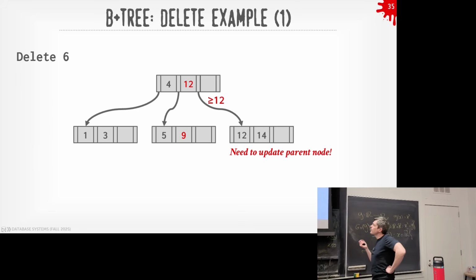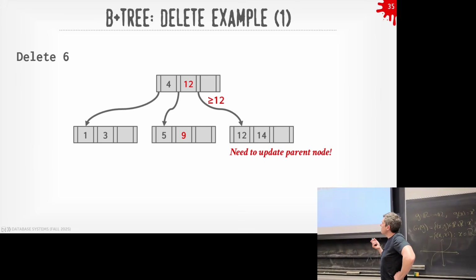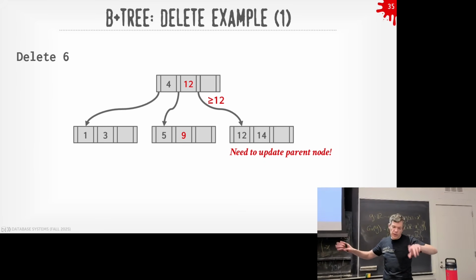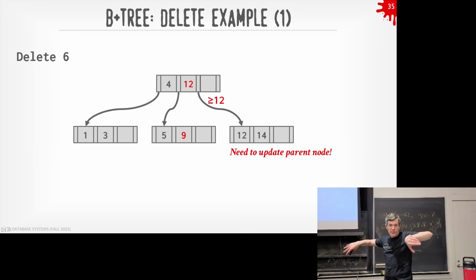This question is, how do you find out whether you can steal keys from your neighbor? You said the fan out is going to be really large. So they're saying you only look at the next-door neighbors. You don't try to look at all the possible siblings. You could, but now you're taking latches, which again we'll talk about next week. You're taking latches, not locks, and that can slow everything else down.